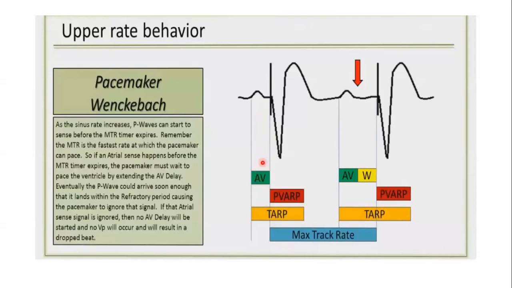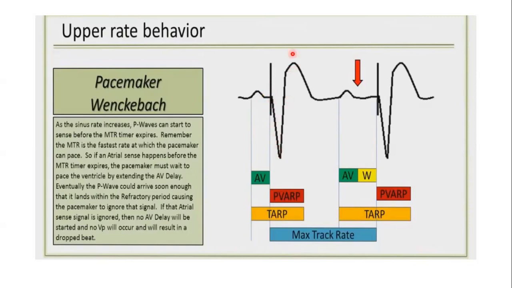For Wenckebach, the major problem starts when the intrinsic heart rate is moving faster than the maximum tracking rate, which is this one. All these other timers are running normally, but the maximum track rate is the problem. Now there's an intrinsic atrial depolarization here, at the beginning of the atrial depolarization. The AV timer was set on, and the total atrial refractory period timer was also set on. But nothing happened. No ventricular activity was sensed up till the end of the AV delay. So the ventricle now paced,